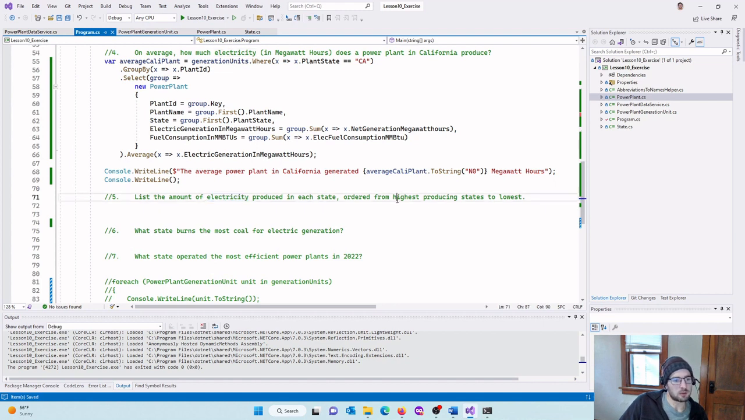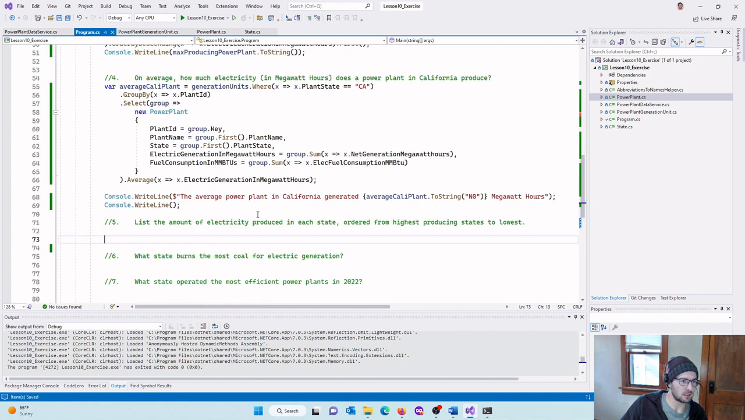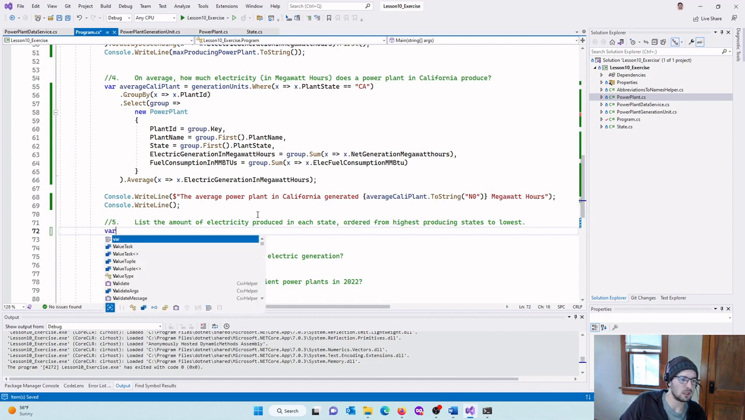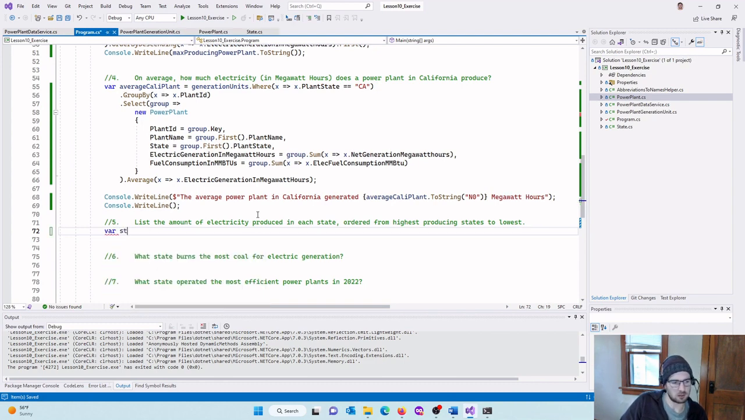List the amount of electricity produced in each state ordered from the highest producing states to the lowest. Okay, so this is going to be similar to the previous one. We aggregated on the plant level, we aggregated generation units to plants, and now we're going to aggregate to the state level. So to do that, we can do generation units dot group by, and we group by the state, and